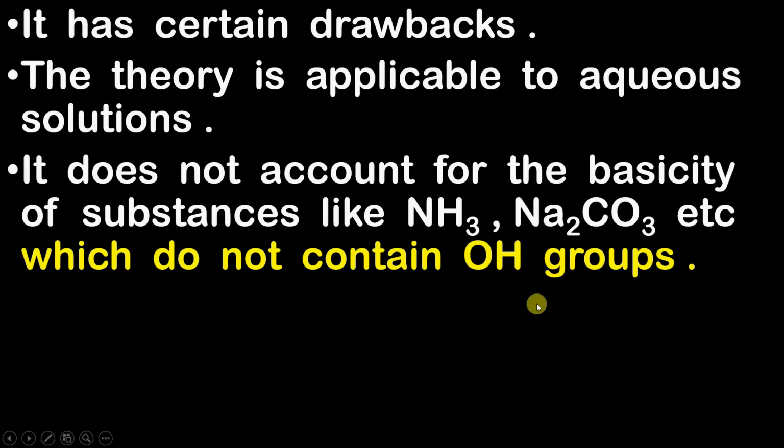Now, what is the meaning of this? See, NH3 is a base. Na2CO3 is also a base. But what Arrhenius told is that a base is a substance which contains OH groups. But these two substances, although being bases, do not contain OH groups. So hence, the Arrhenius theory was not applicable for all substances. So therefore, a next theory was developed, that is the